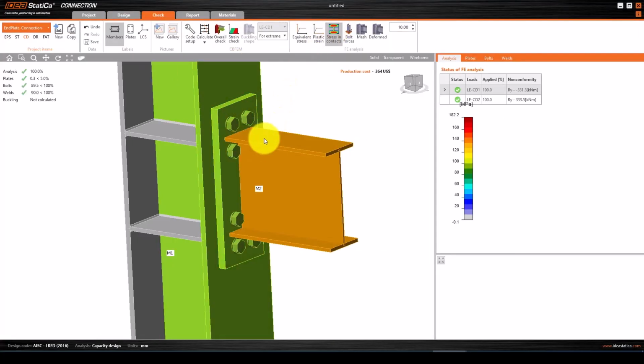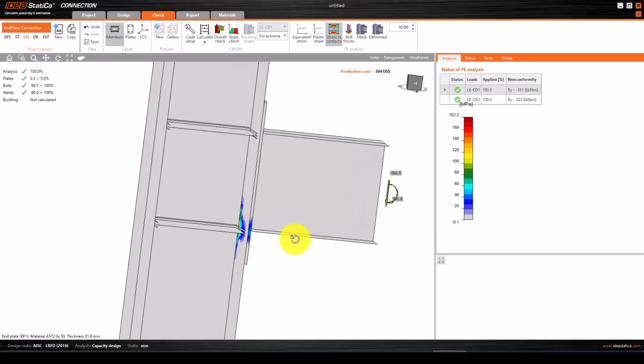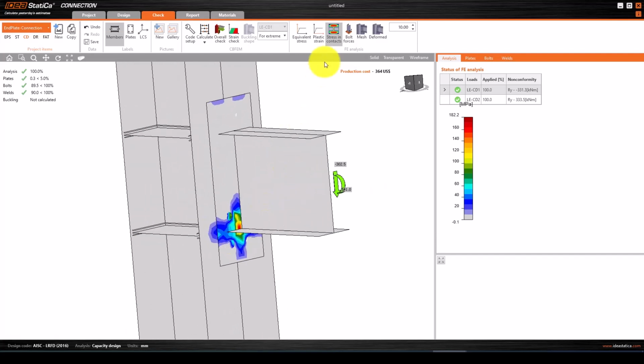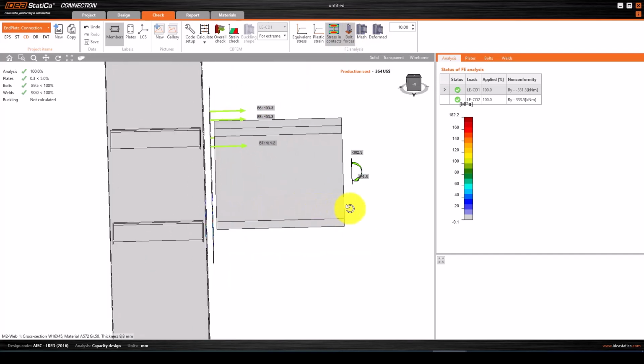We can go to the stress contour, and this is the stress contour. More stress is concentrated in this bottom, and we also can go to see the bolt forces. This is the bolt force in top,